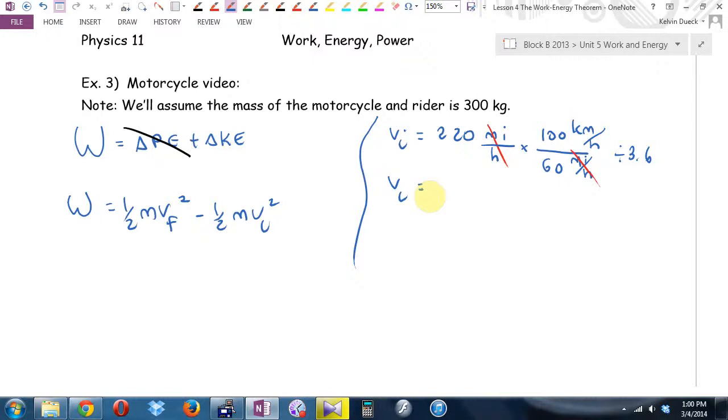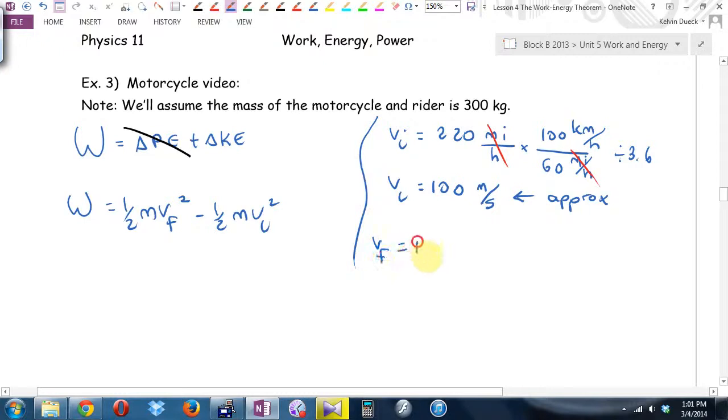We're going to call that a nice approximate 100 meters per second. Okay? Now, V final was 100 miles per